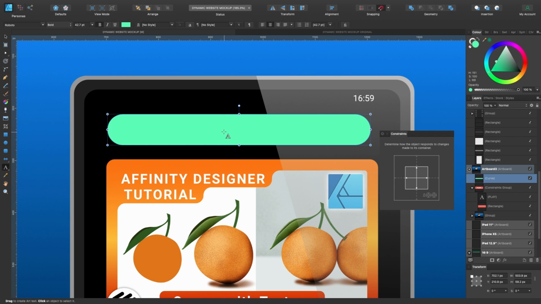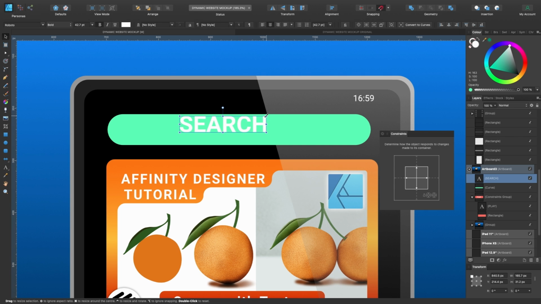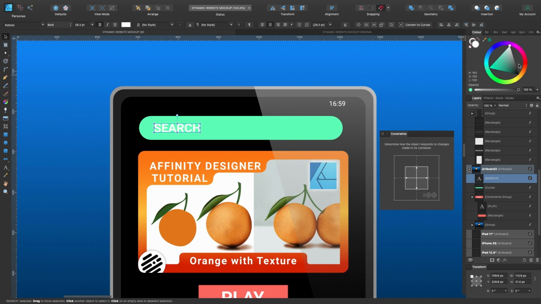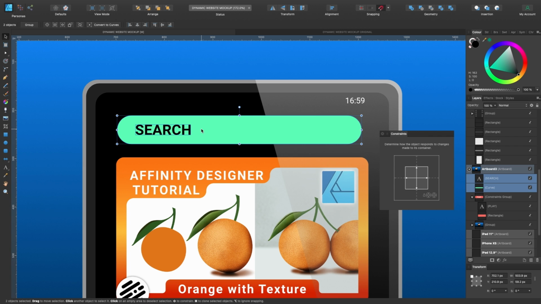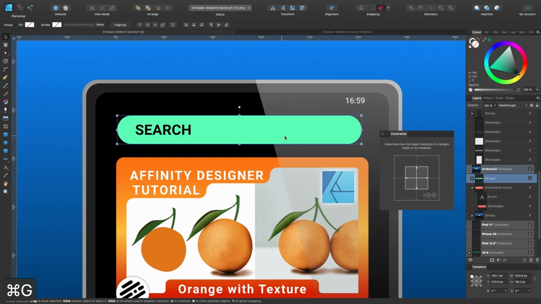Now let's make the next word. So this one will be search. That is a pretty big search there, so let's make it slightly smaller. And I want this to kind of remain over here in the left-hand side, and maybe I'll make that black. Okay, so let's select both of them. You can either do this from the layers panel or from here. So I'm just going to keep my finger on Shift and select the green shape. So both of them selected, press Command G, they're now grouped. You can see here, it's now grouped.